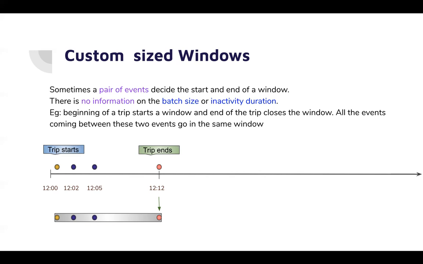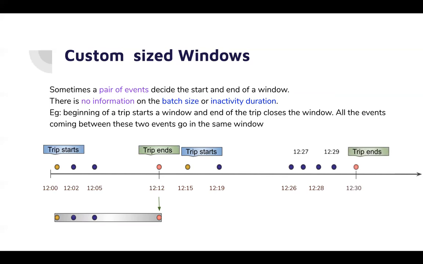So this is again one collection of events which form a window, but again the size of the window and when the window is going to start and complete is completely custom. At a later point of time, a new trip starts with the same car or with a new car, and some events are captured, and when the trip completes, you then club together all the events and process them. This is one example of custom sized windows. So what we have seen is there are different types of windows, and in all of them, the one thing that is common is collecting together events based on some kind of time semantics or event semantics, like in custom sized windows.